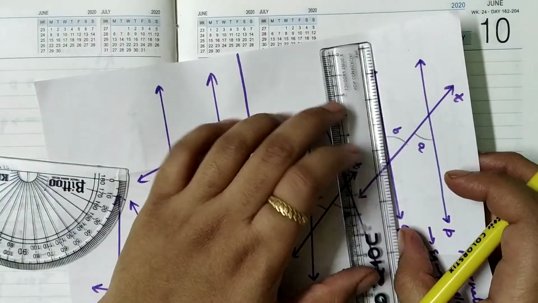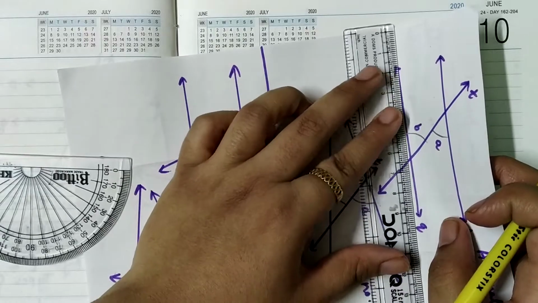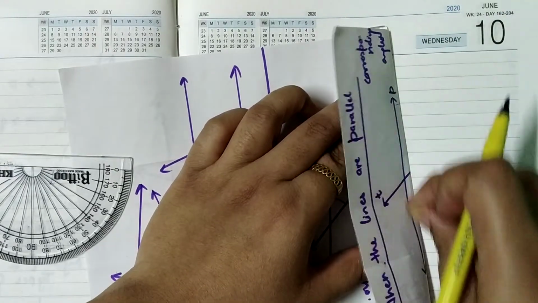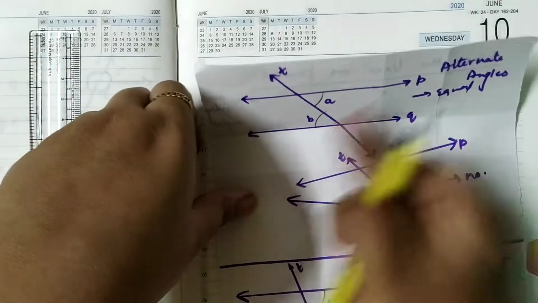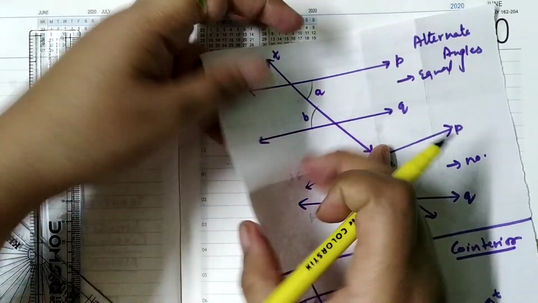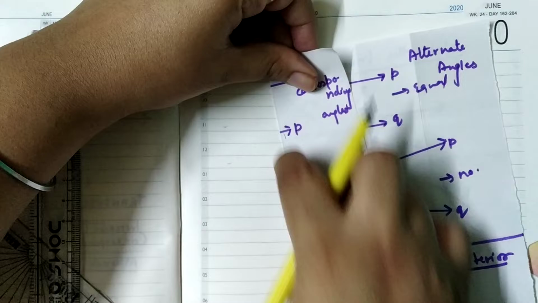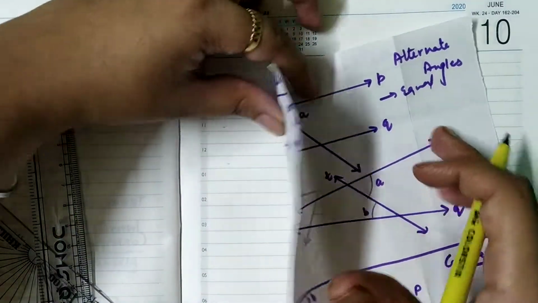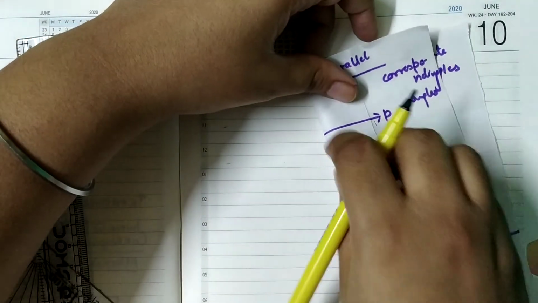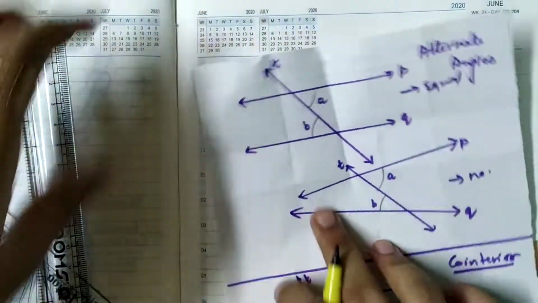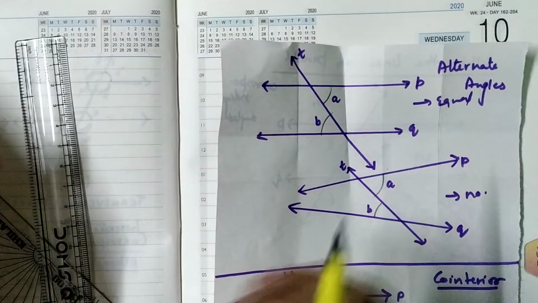So for the baseline, I am just folding it because I have already made a line here. So I just fold it so that I'll get the baseline. So I have a baseline here and I am making the 90 degree angle by just placing the 90 degree angle here like this. One more I am taking here. So if you observe, I have two 90 degree angles here.